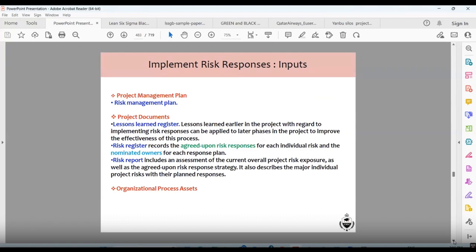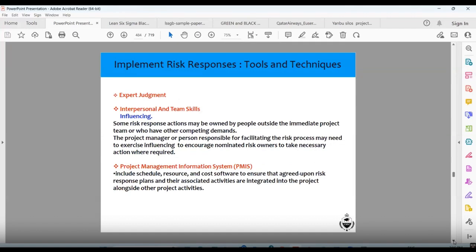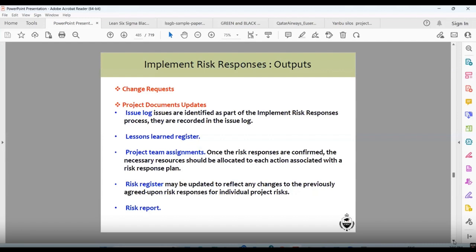Project documents, lessons learned register, risk report, interpersonal and team skills, influencing, project management information system, and so on. Project document updates, if any update is required: issues are identified as a part of the implement risk response process. They are recorded in the issue log. Lessons learned register, project team assignment,